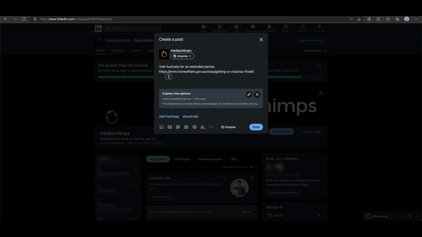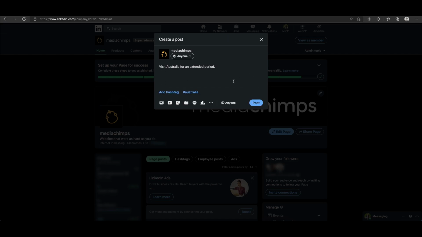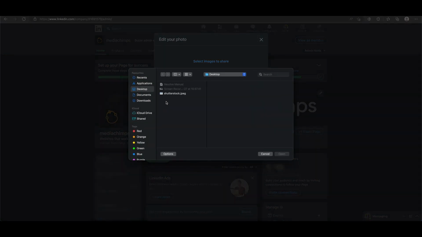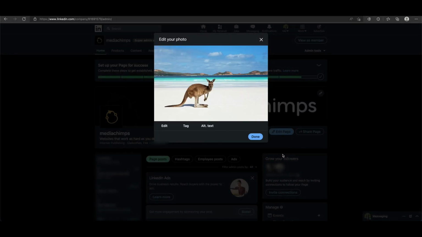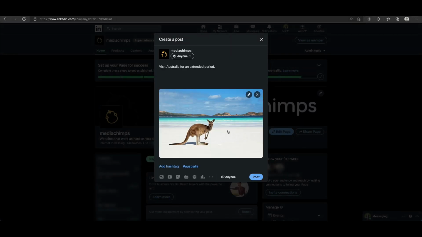So if I was going to post this, I'd then take out the link itself and just leave the caption and whatever it's also generated. But as I've just said, it's not aesthetically pleasing, to say the least. So my main rule of thumb when it comes to doing a good social media post is that you should always have a photo that represents exactly what the subject matter is. So I found this picture on Shutterstock. I don't think it could be any more Australian. So I'm gonna use that,